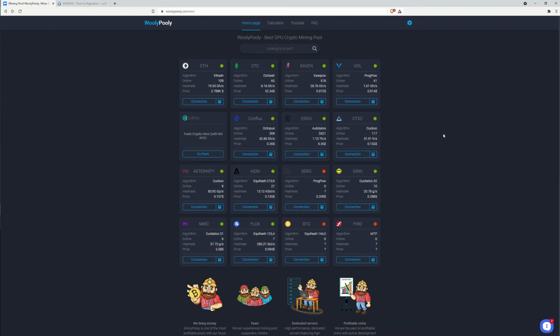Hello everyone. We're going to go over today how to mine MimbleWimble coin with our G1 and G1-MINI ASIC miner from iApollo through the WoolyPooly mining pool. So let's go ahead and head over to WoolyPooly.com, and under MWC or MimbleWimble coin, let's go ahead and hit